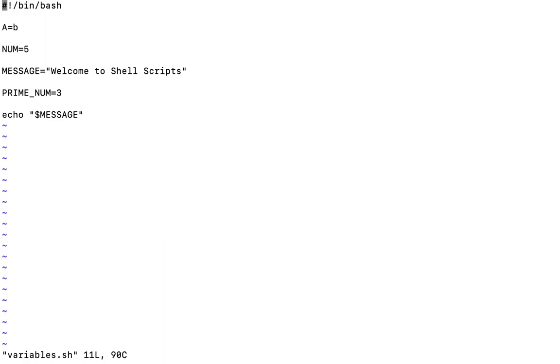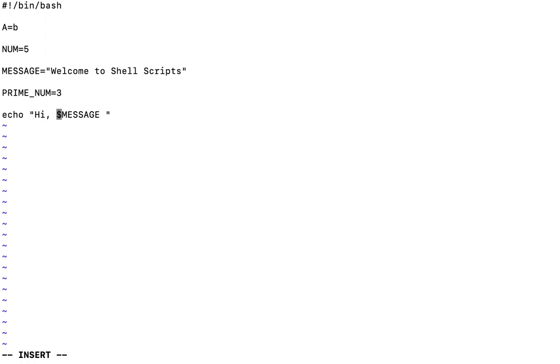So this way we will print the variables. While printing the variables, we can also print some message or some other string with our variables, like welcome to shell script, and here we will give hi.